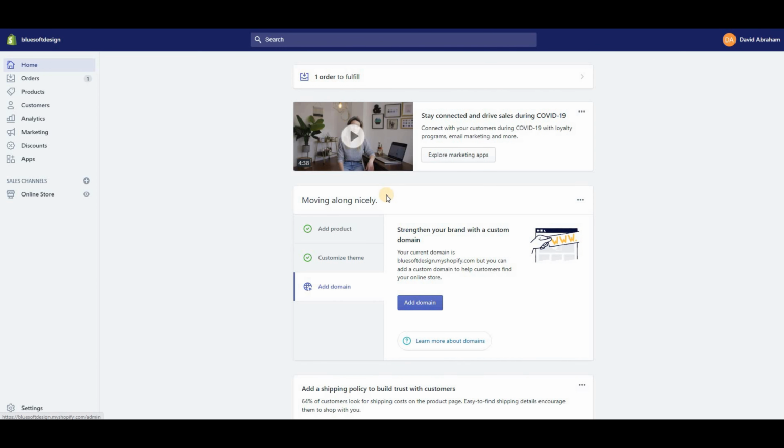Hi everyone. Today we're going to go over how orders work in Shopify and how to manage, fulfill, cancel, and create orders on Shopify. So starting off in the Shopify admin, we can see here that we have one order